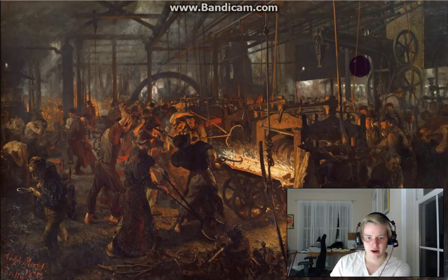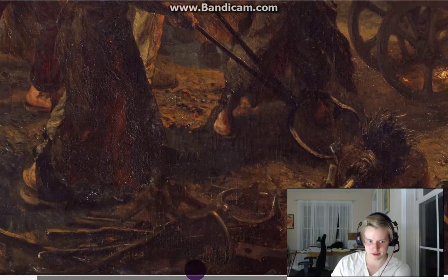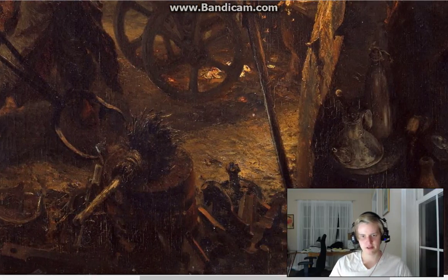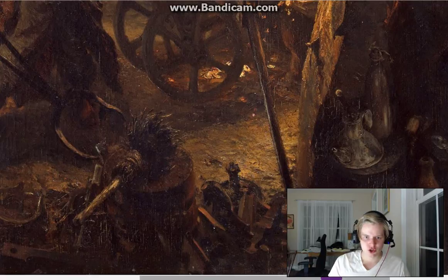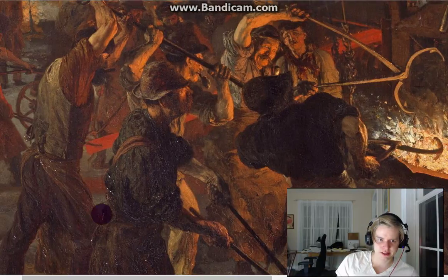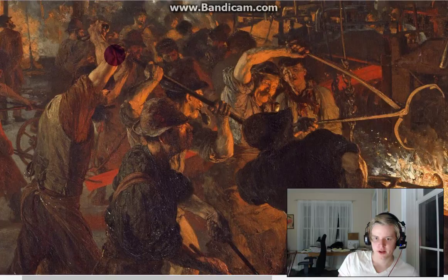Yikes! I don't know. This is a really fantastic painting, I just gotta say. If we can just sort of scroll around the bottom and stuff, just look at the level of detail put into this sort of just the tools, just the tools of the trade, I guess. And of course, there's detail put into these people as well. You can see the sort of rippling muscles here on this guy's arm, this man's arm,